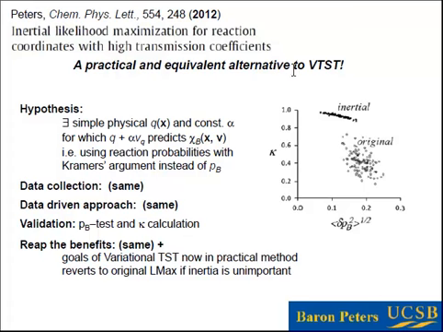This is a little 12-dimensional example problem. It's a double well potential coupled to a bilinear bath of harmonic oscillators. And what you see is that the original version of likelihood maximization does a pretty good job at finding coordinates that give you a very narrow distribution of committer probabilities. The standard deviation on the committer here is about 0.15 or 0.2, so this is a fairly narrow committer distribution, and you would think that everything's working pretty well, except that the transmission coefficients are still pretty low. They're only about a half.